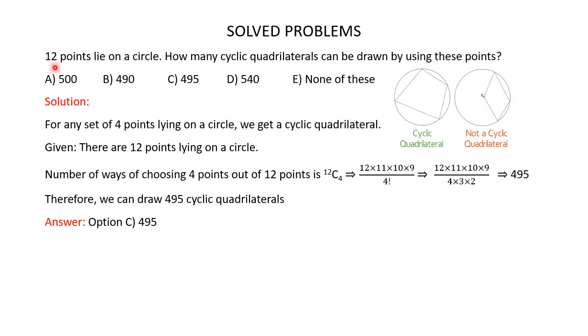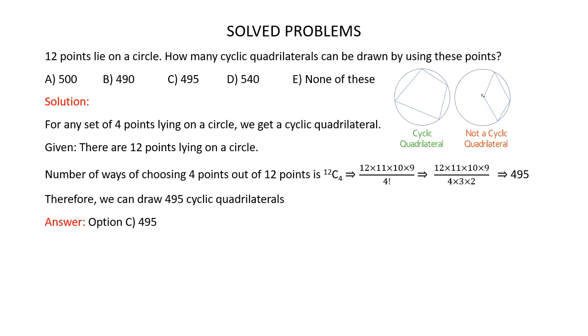12 points lie on a circle. How many cyclic quadrilaterals can be drawn by using these points? Here you are given 5 options and you have to find out which of these options is the correct one. First, let's understand what is a cyclic quadrilateral. Now you know that a quadrilateral is a four-sided closed figure. Now a cyclic quadrilateral is a quadrilateral which has all its 4 vertices lying on a circle, lying on the